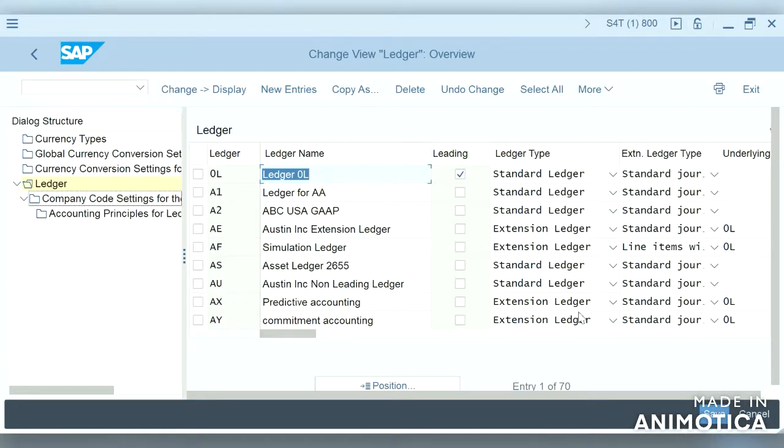So if we see in ECC there are only two ledgers, leading ledger and non-leading ledger. There is no extension ledger or any more ledger types. But in S/4HANA there is a ledger type: the leading ledger is always a standard ledger, and a non-leading ledger can be a standard ledger or an extension ledger.